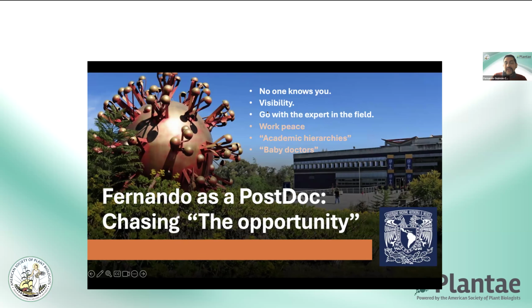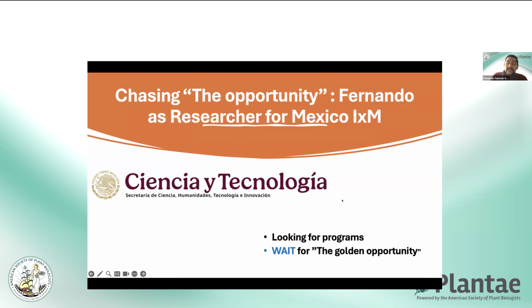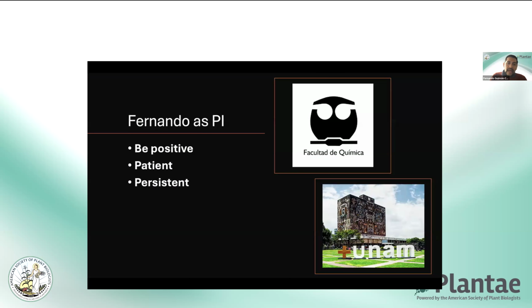So have visibility, and keep it in mind in the place where you want to eventually become a professor. The first opportunity was local. I became a PI in a program in Mexico, a program that keeps people in the country and not going abroad. So eventually I became a PI in my alma mater university, which was my first intention, my main goal.